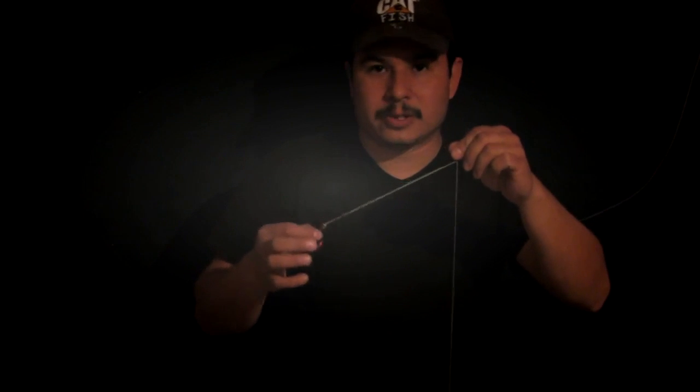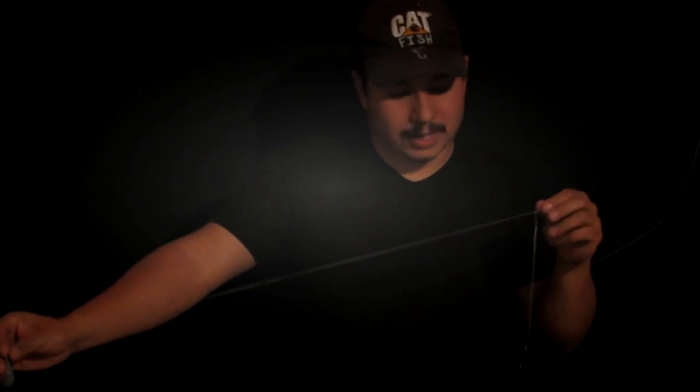Okay, so in this rig, some people are concerned about the hook being so high off from the weight. Now, normally when I'm fishing, I don't fish straight down so that the rig is not vertical and the hook is 2 feet off the ground. I'm casting downstream and there's a slight angle. So it would be sitting maybe